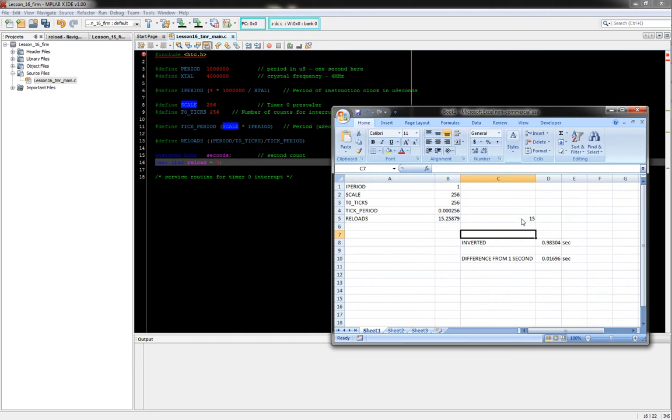We hard set 15. Well, let's go the other way around and see, okay, if we have 15 reloads, how close to a second is that? And that's what this calculation does. If we have 15 reloads, okay, so that means 15 times 256 microseconds,